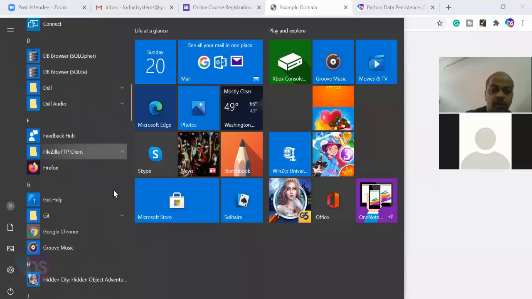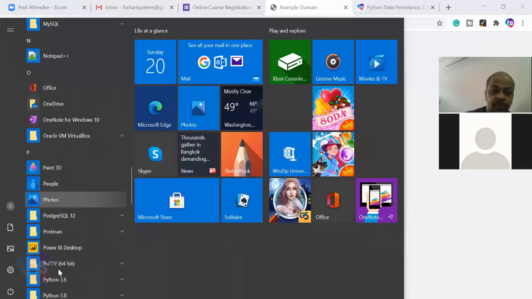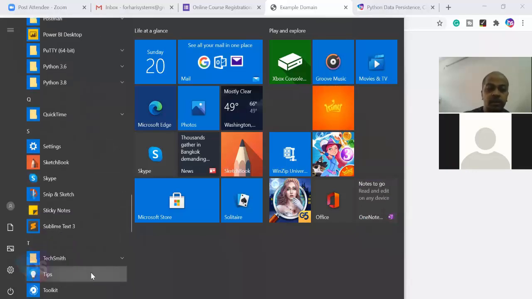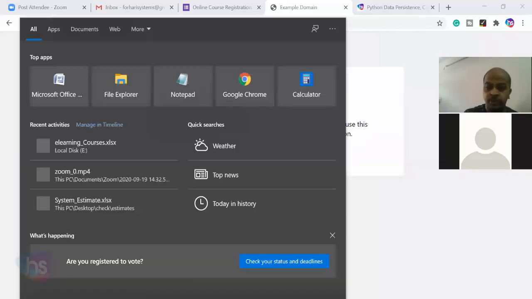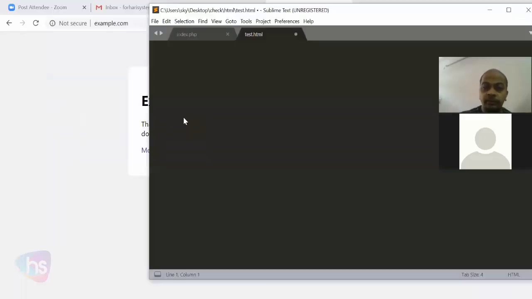If you scroll down, you will find Sublime Text Editor in this list, or else you can simply type Sublime in the search option at the bottom left. You will get this option, just click it.